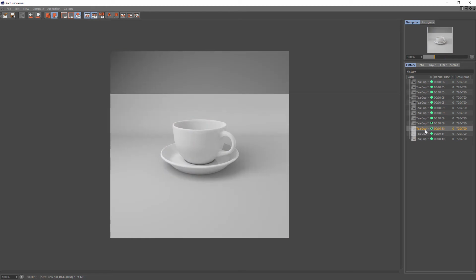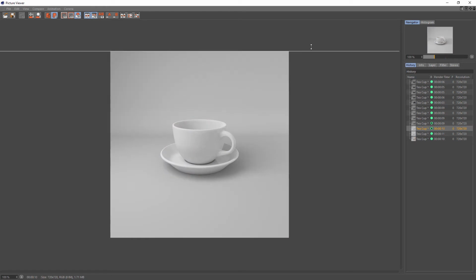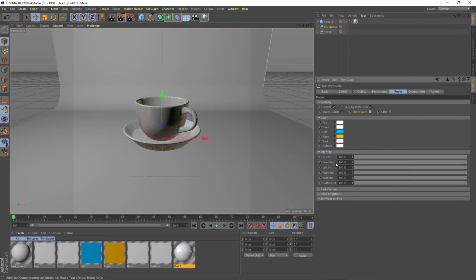So this was before the colored walls, and this is with the colored walls. So pretty nice. Remember, we only have one light source, and we can have more, obviously, but let's just close this for a minute